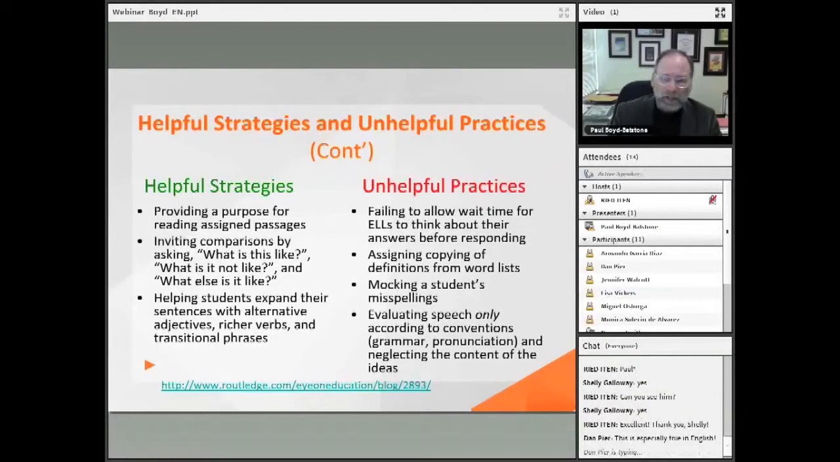Along those same lines, on an oral basis, particularly when we're talking about collaborative discussions, if we're evaluating speech only according to conventions of grammar and punctuation, we may be neglecting the real big ideas. Sometimes a student will have a tremendous idea, but not know the exact words to say, or maybe not have the correct grammatical structure to say it. We can help students. One of the ways we can help them,